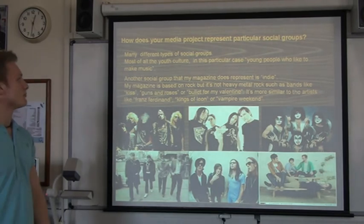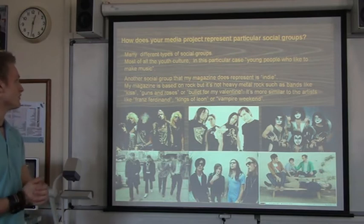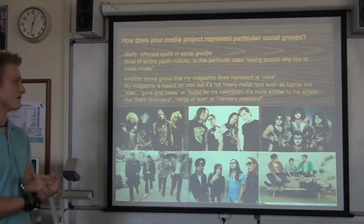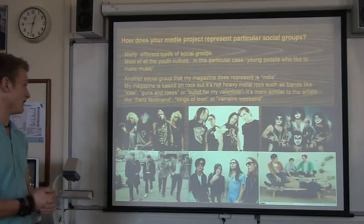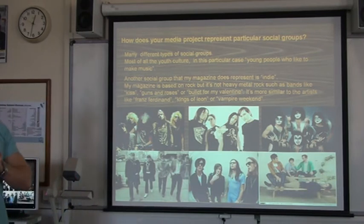How does your media project represent particular social groups? Many different types of social groups are represented, but the main ones are the youth culture, and in this particular case, young people who like to make the music. Another social group that my magazine does represent is indie. This is because